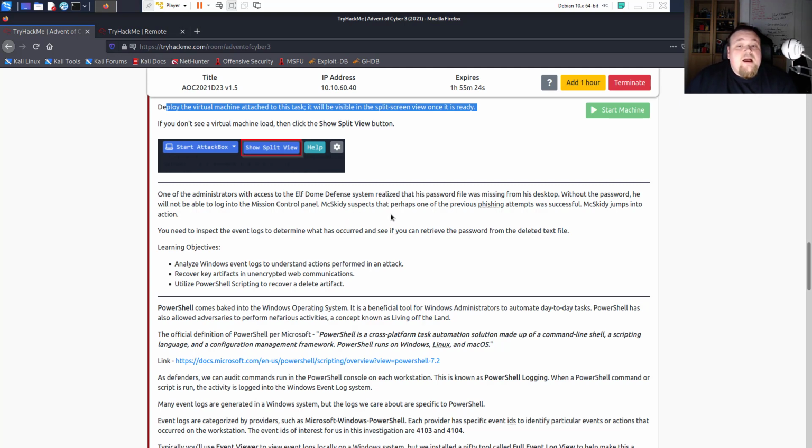McGiddy suspects that perhaps one of the previous phishing attempts was successful. McGiddy jumps into action. You need to inspect the event log to determine what has occurred and see if you can retrieve the password from the deleted text file. So, the learning objectives are analysis of Windows event logs, recover key artifacts in unencrypted web communication, so that's good, unencrypted, and utilize PowerShell scripting to recover a deleted